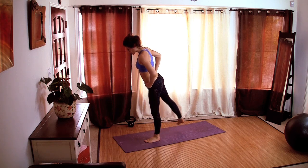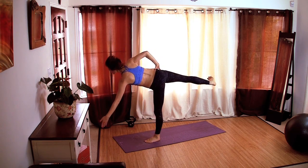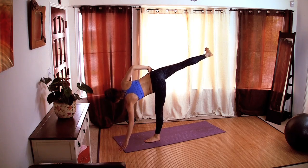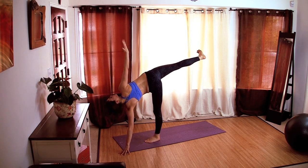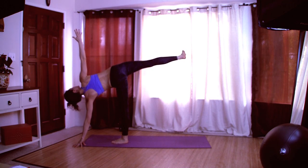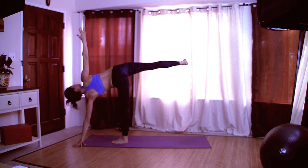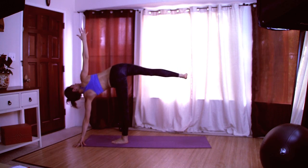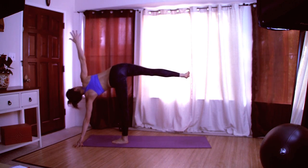Slowly shift the weight onto your left leg. Open the right hip and begin to lower your left hand on the floor, standing half moon on the left side. Shoulders on top of each other, hips on top of each other. Flex the right foot. Look up towards your right hand. Challenge your balance. And let's release the hands